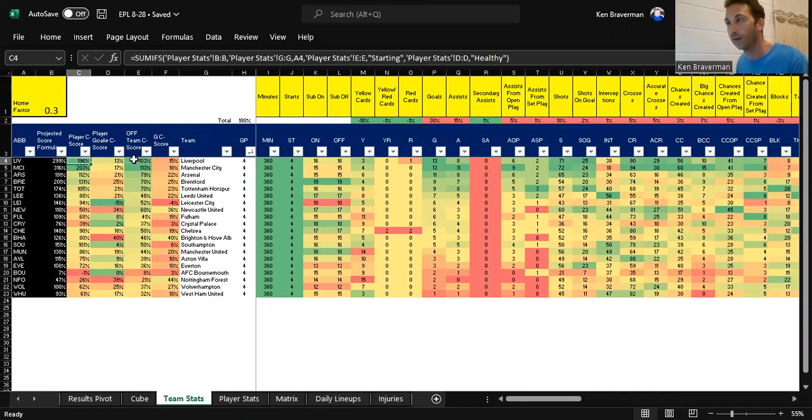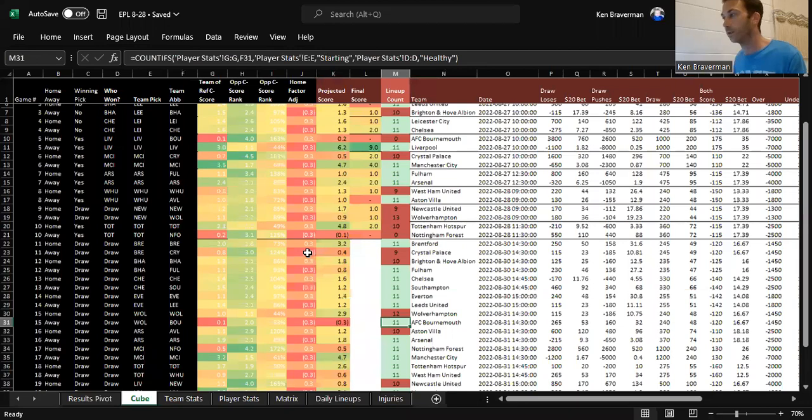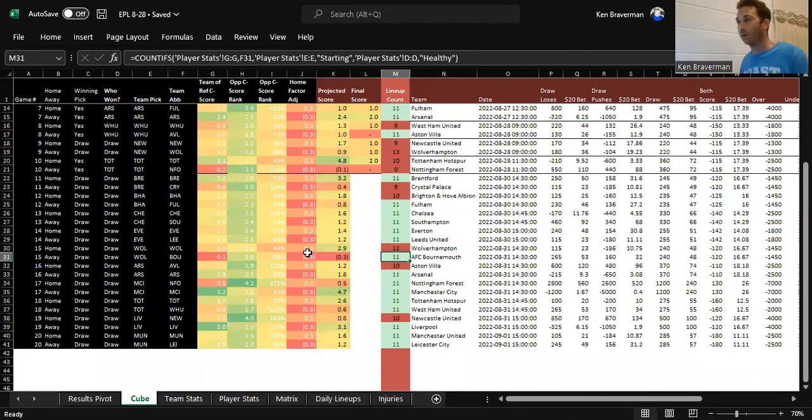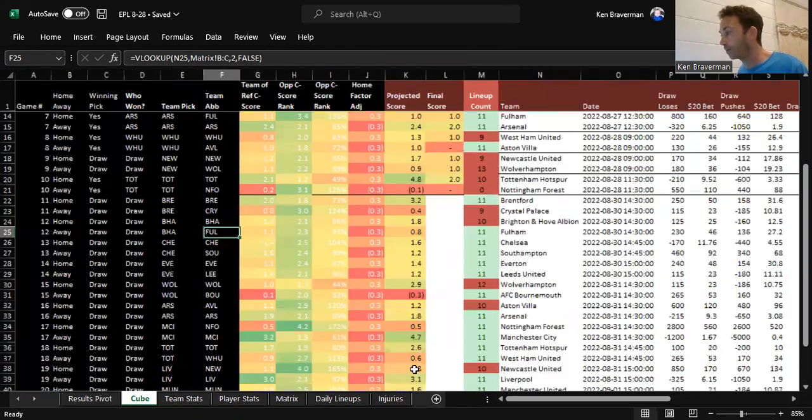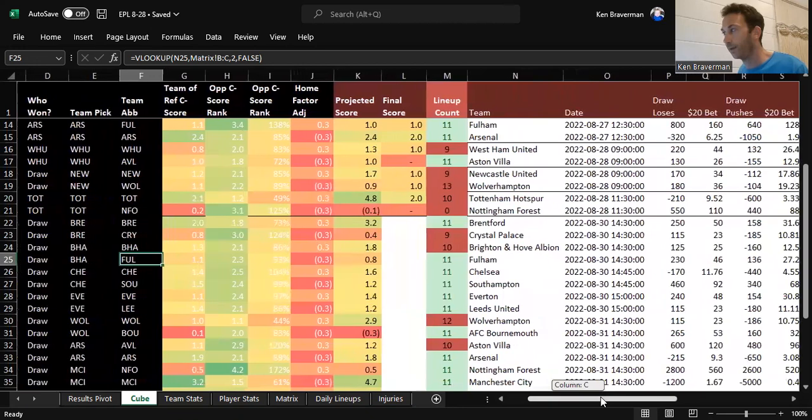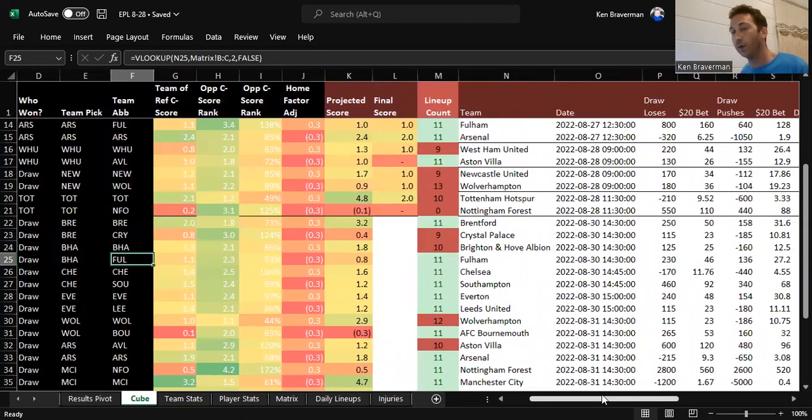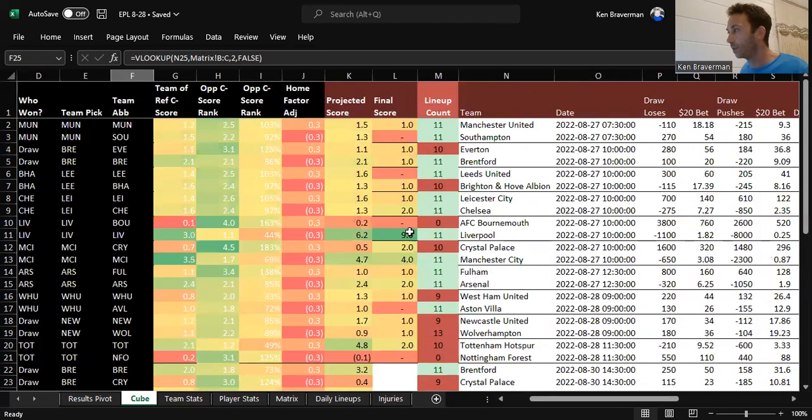What I did do is I brought in all the current stats, and I also reformulated the way that we're going to calculate player scores and offensive team scores. And also what I did in here to make it a little bit more reasonable was I took a look at the team of reference that we're talking about in the game, and also the opponent's ranking, and I compare the two when coming up with a projected score,